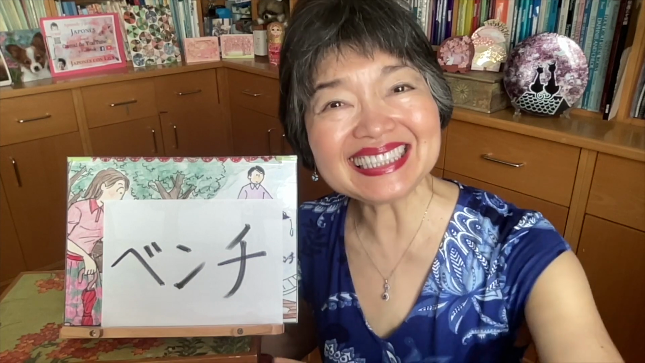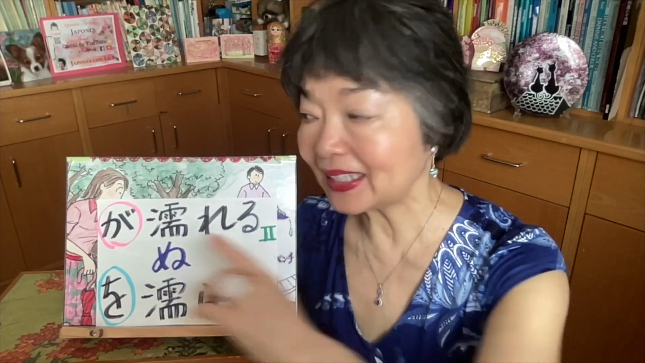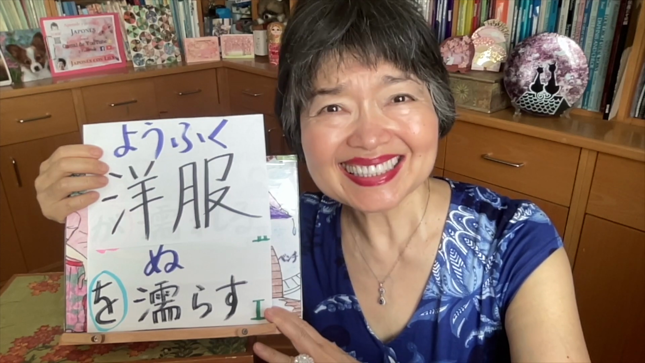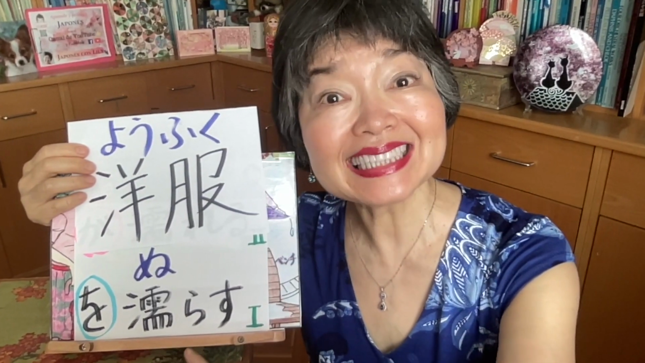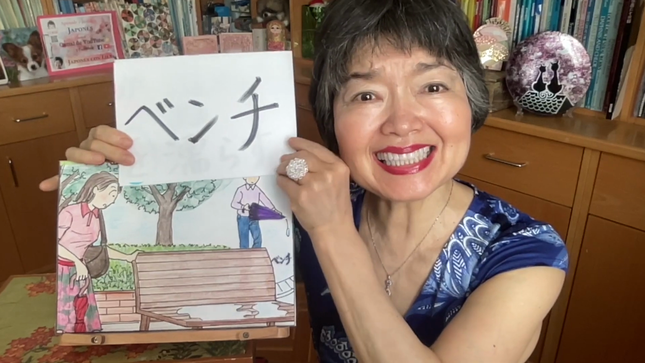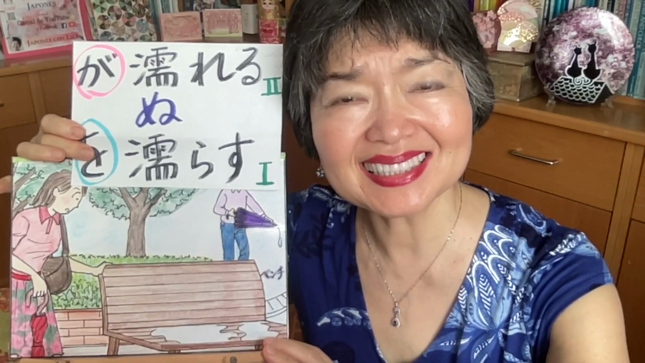Oh, the bench is wet. ベンチ, this is a bench. Something or someone gets wet. Something が濡れます。濡れる。The transitive verb to let something wet or to let someone wet. Then something を濡らす。濡らします。One example using the transitive verb. Don't let your clothes wet. 洋服を濡らさないでね。ベンチが濡れています。あ、ベンチが濡れています。